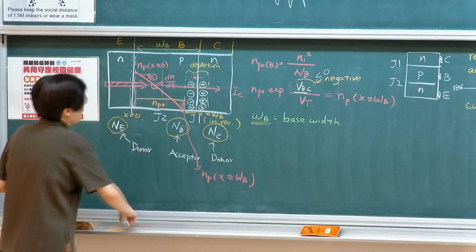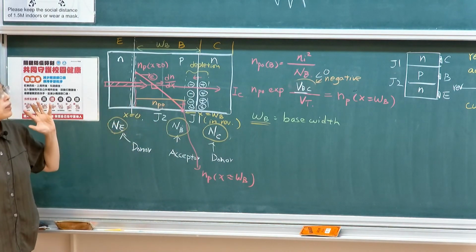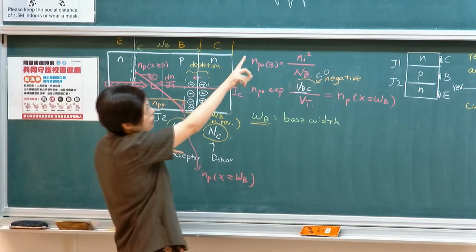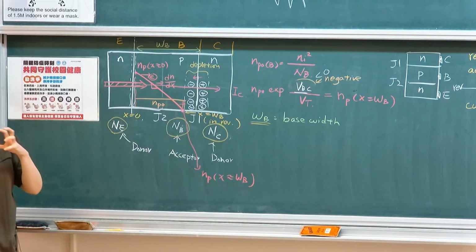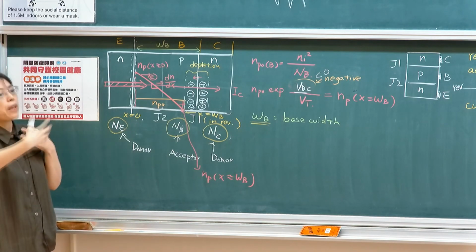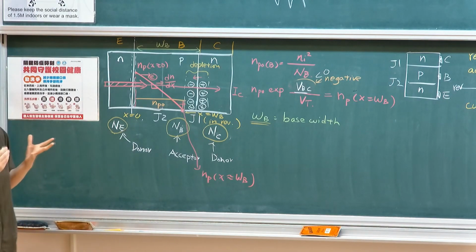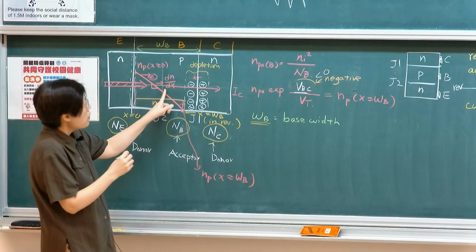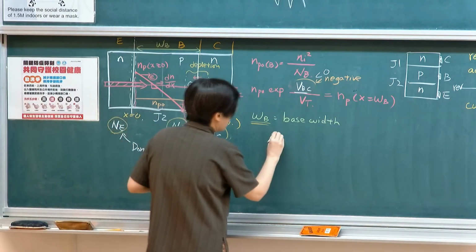So let's think about how does one determine the collector current. So as I said, the purpose is to find out what is the level of collector current. The reason why we're concerned about collector current, of course, is because that's the current that you want to deliver to the output. So what is the key important collector current? So first of all, if you look at this, collector current